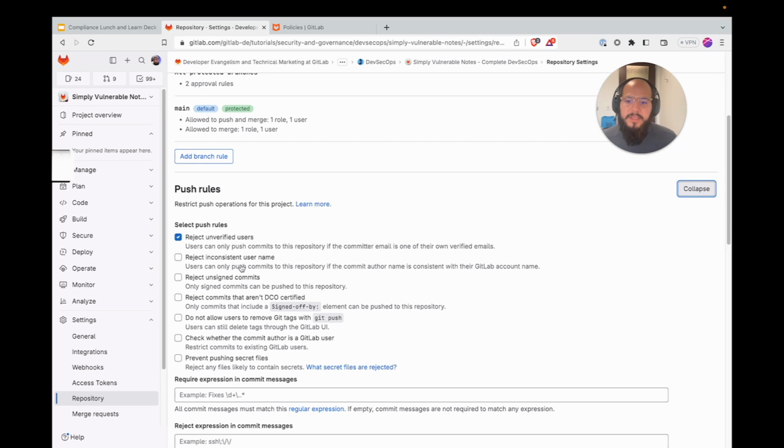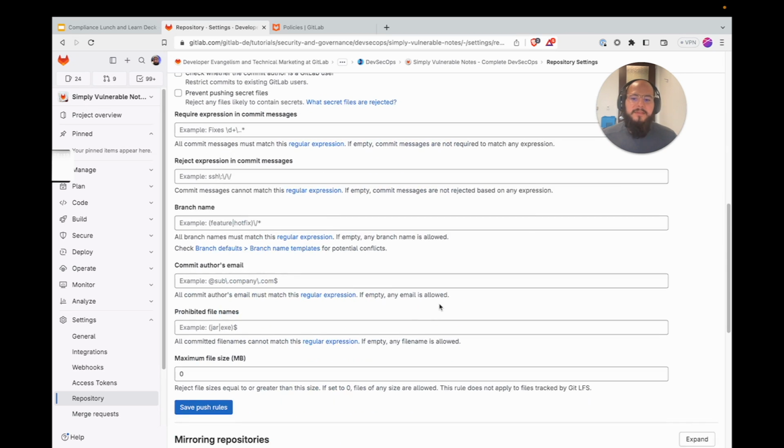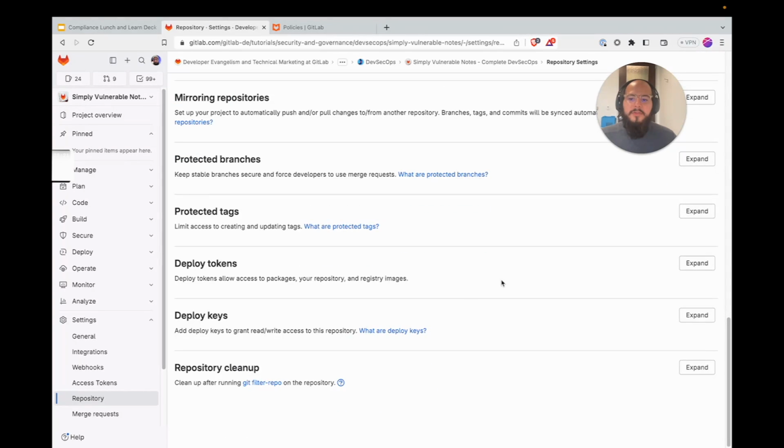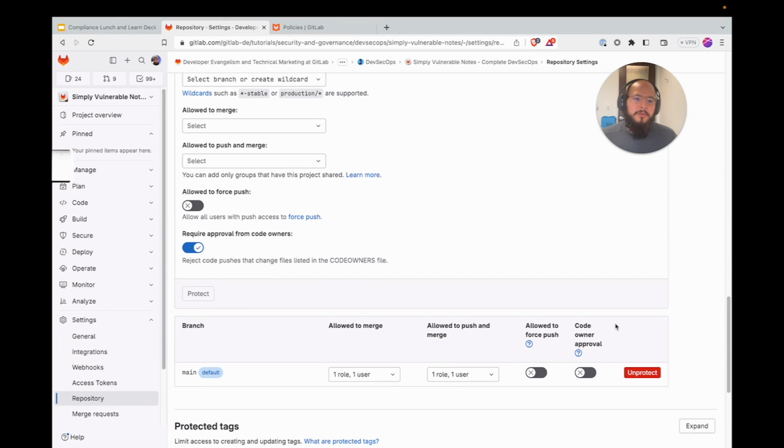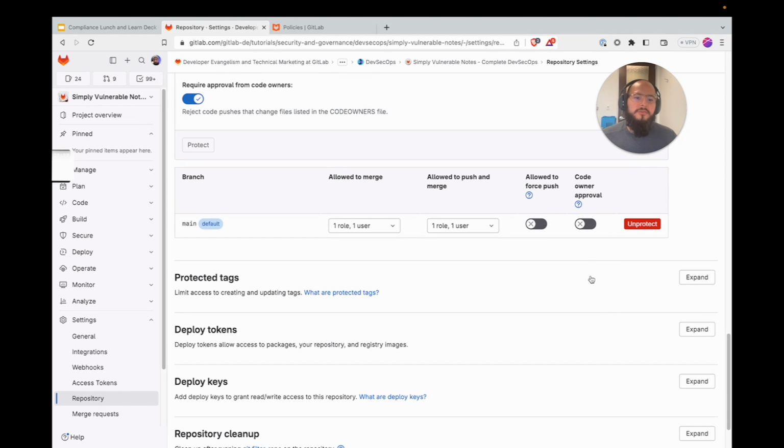And what we can see here is that we can also have verified commits. So we can use a GPG key to have the commit verified, to make sure that the person that's committing is the person that they say they are. So these are lots of other protections that can be added to your GitLab repository in order to assure compliance.